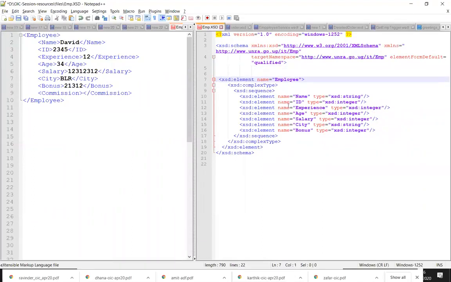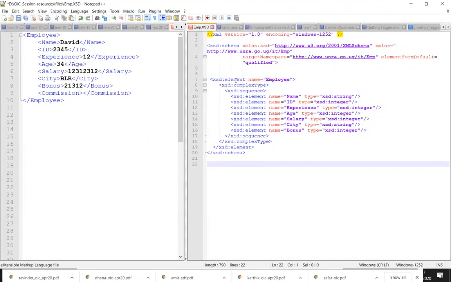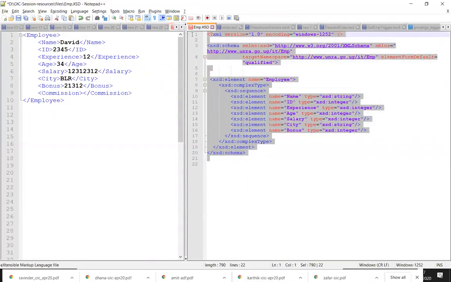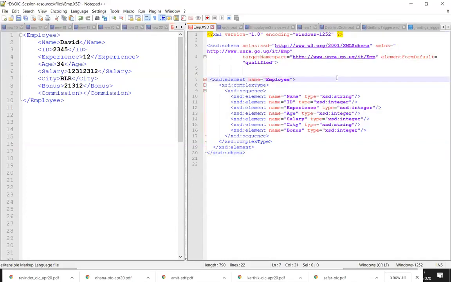Now, if you look at this XSD, what do you have on the right? This we'll talk about later. This portion let us learn first. It is starting with xsd:element and ending with xsd:element. Before that, we also have schema, and then we have the closing schema. Just to make it a little more confusing, this is also an XML. Okay, don't deviate from that. This is also an XML, but what we are doing is actually XSD. So XSD is also written in XML.